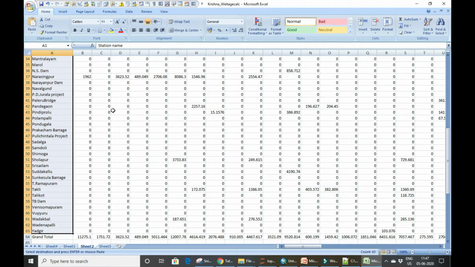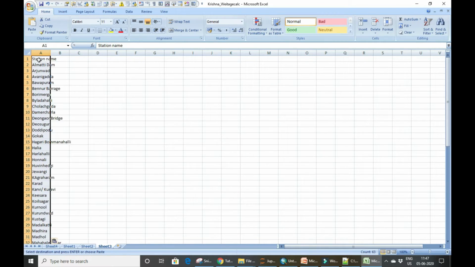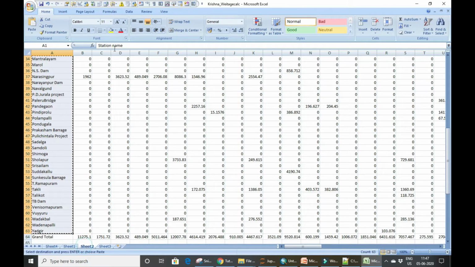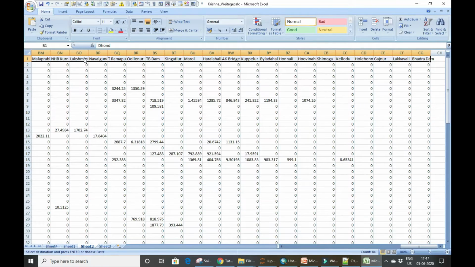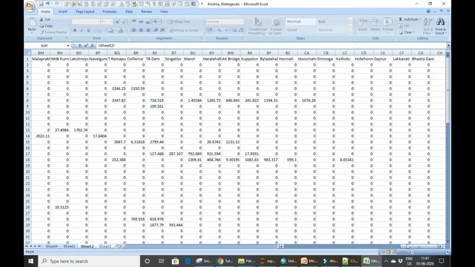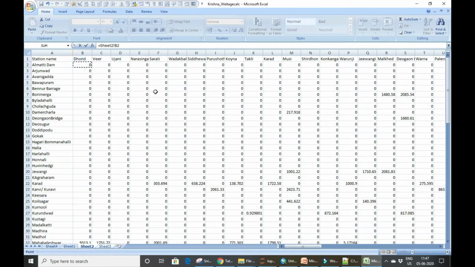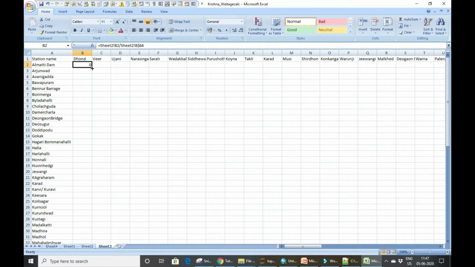You can do it in the same page or in a different page. We'll do it in the next sheet. Here what I want is this value to be divided by this value, and the 64 is fixed.